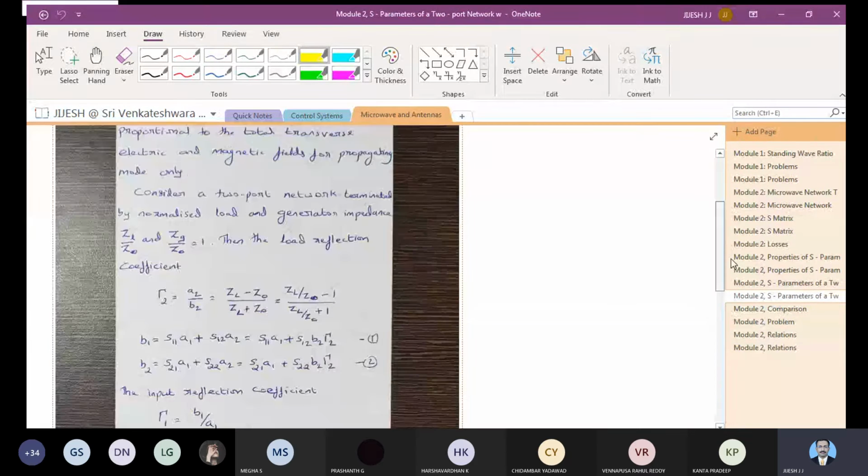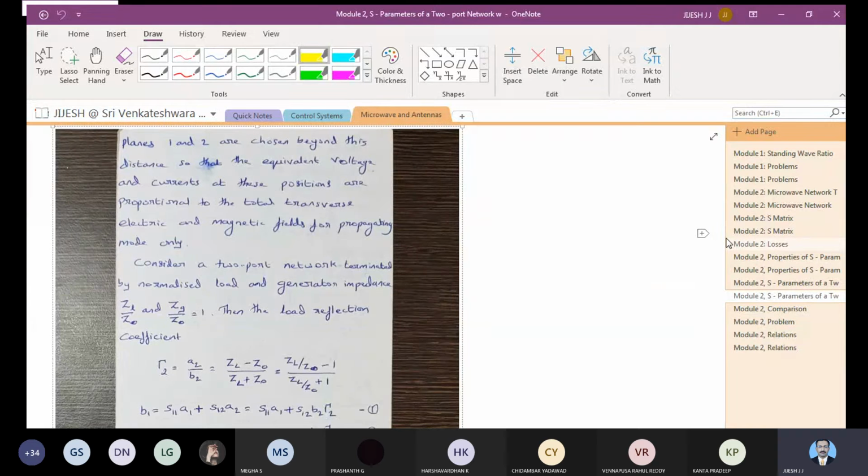As we have seen, we are discussing two-port networks, and as I have told you, there will be energy mismatch at the evanescent modes, and as and when one wavelength distance is there, it becomes normal. Then further, when you choose the distance, we see the equivalent voltage and current, and the total transverse electric and magnetic fields. So we have considered a two-port network, and by normalizing the load, we have to use this one, that is